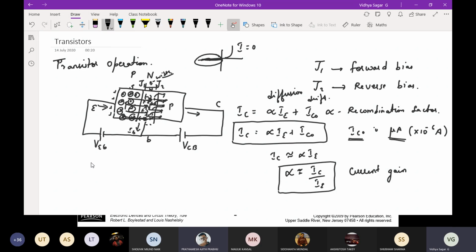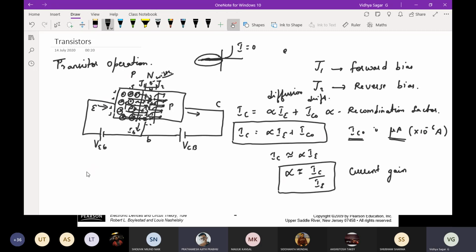Sir, I didn't understand the last part which you just said. Can you please repeat? So the flow of charge carriers, how will it be? It is in this direction, right? Electrons. So this is the direction I'm applying. If the electrons are flowing in one direction, the current should be taken in the opposite direction. Why? Because it is negatively charged. So for that purpose, I'm showing you the opposite direction. Okay, sir. Got it.